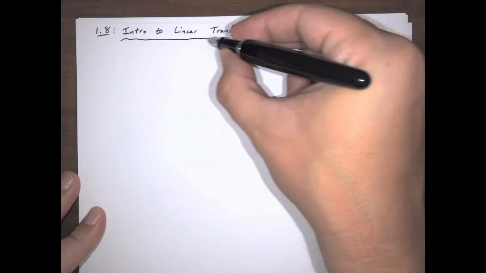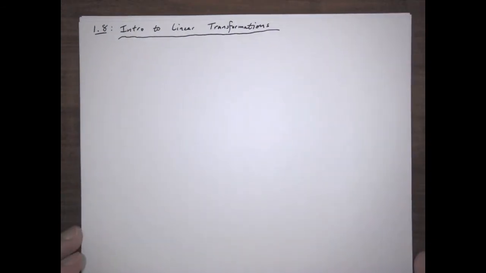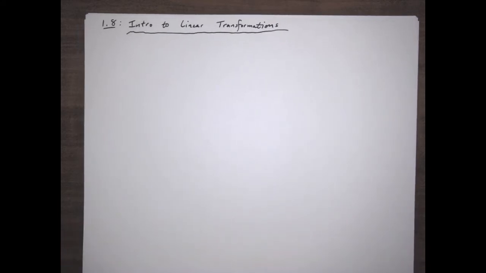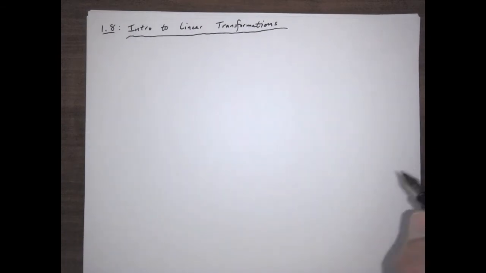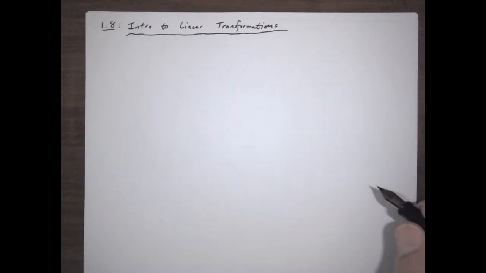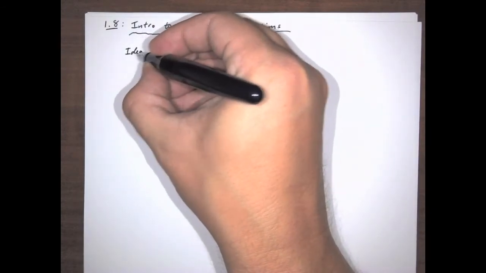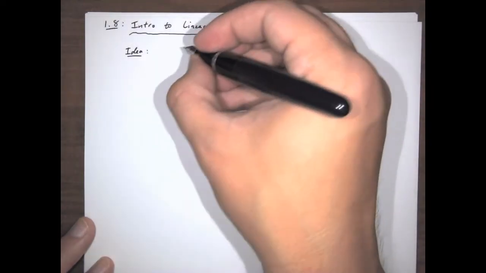This is a very first basic introduction to an idea that plays a big role in not just the rest of this class, but the rest of the math classes that you take after this. They may not necessarily be called this, but they're lurking behind the shadows of many of the classes that come in the wake of this one. So essentially, the idea is that a linear transformation